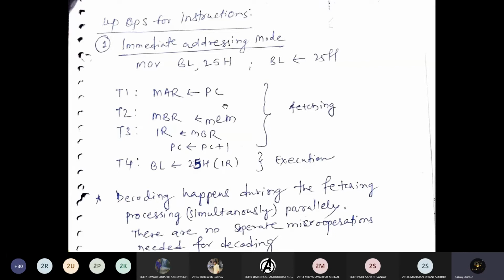Once we have found the address of the complete instruction along with the data, in the second clock state, the data will be given from memory to the memory buffer register. The memory buffer register is the register inside the processor which holds your complete data. Data means MOV BL, 25H. This instruction will be held by the memory buffer register in the second clock state.